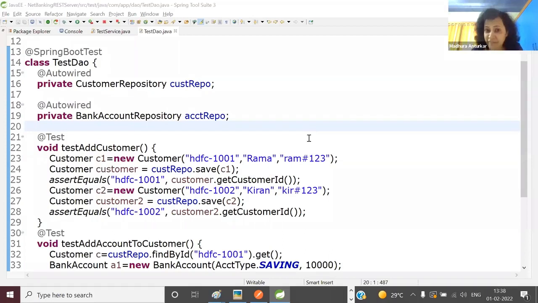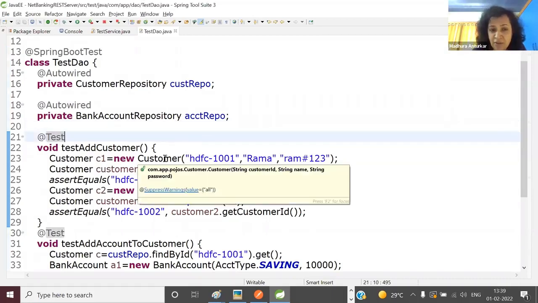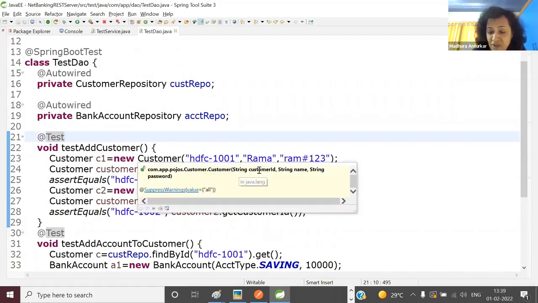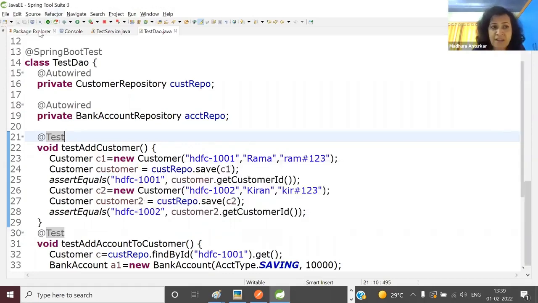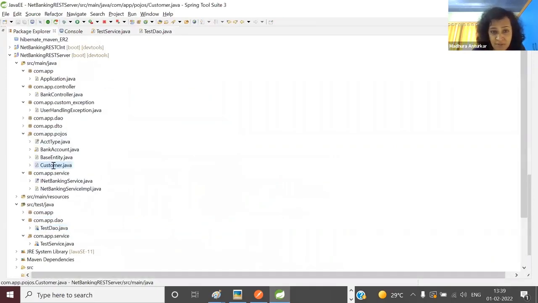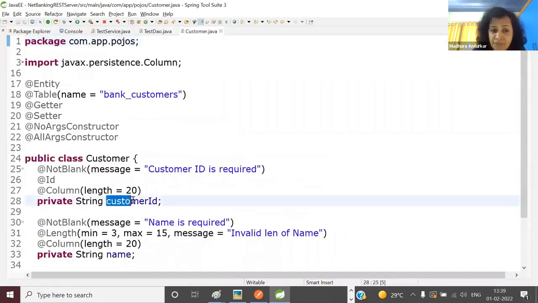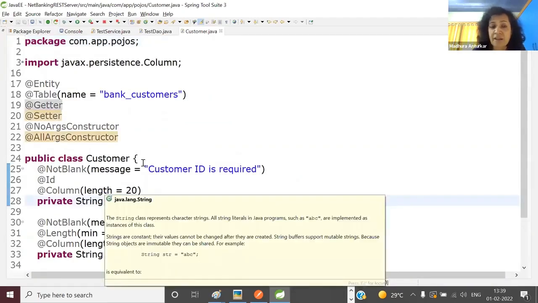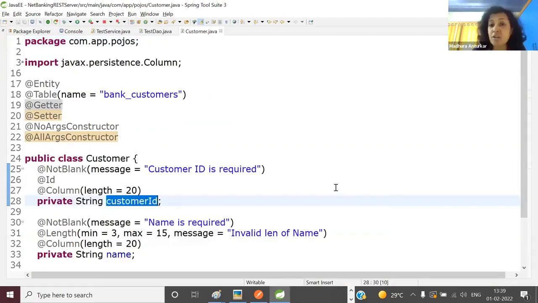Okay, 2. And by the way, I forgot, because there are so many things I wanted to show you. Here, if you look at the constructor, take the cursor over here, and it has a string customerID. What is the standard pattern I have shown you? Integer and long. So at least once I wanted to show you that if you insist, I don't know your business logic or project logic, but if you want customer ID as a string, can it be auto-generated, a generated value, or does it have to be